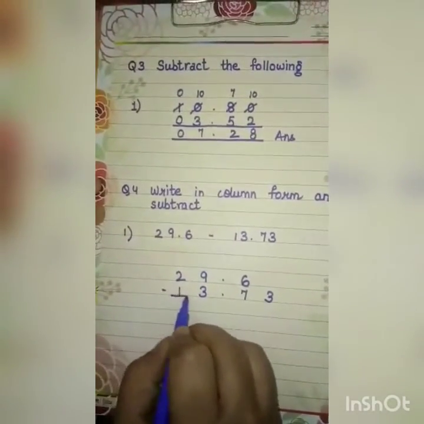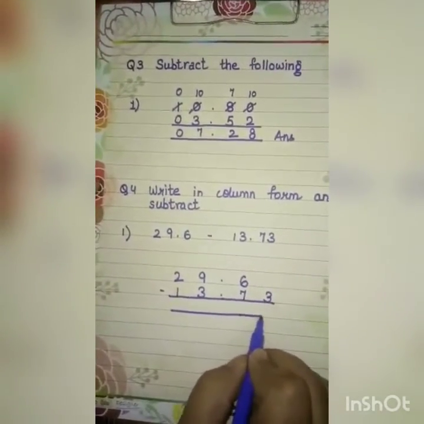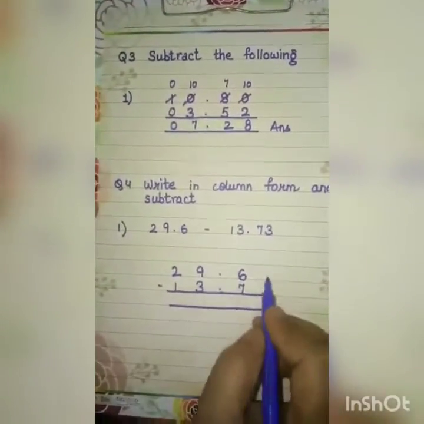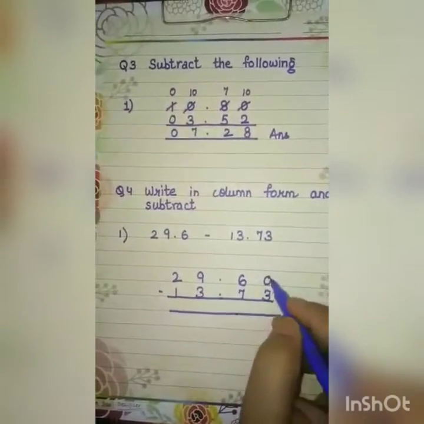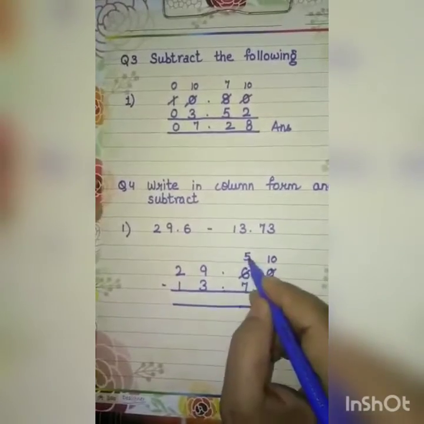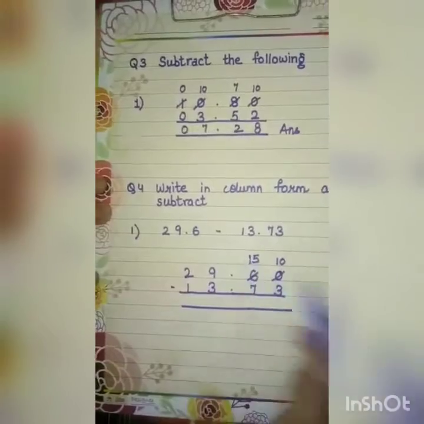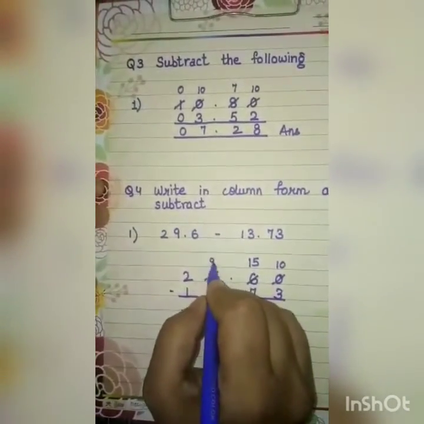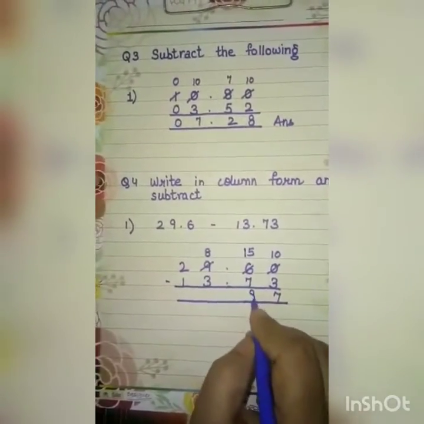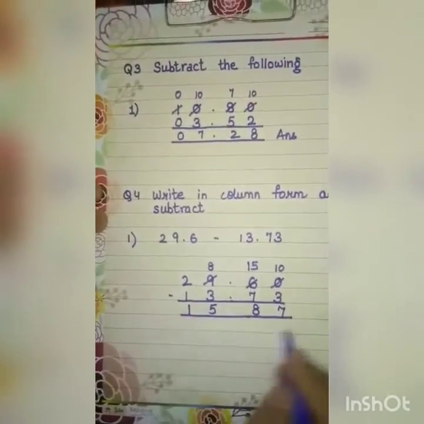It is just because when you are writing the numbers at a distance, you are getting proper space to write down the digits clearly. Now here again making it like, you can see this is 0, so you have to make it 10. Here it is 5. 5 is still smaller than 7. So you have to borrow 1 from here. It becomes 15. Here it is 8. So 10 minus 3 is 7. 15 minus 7 is 8. 8 minus 3 is 5. And 2 minus 1 is 1.